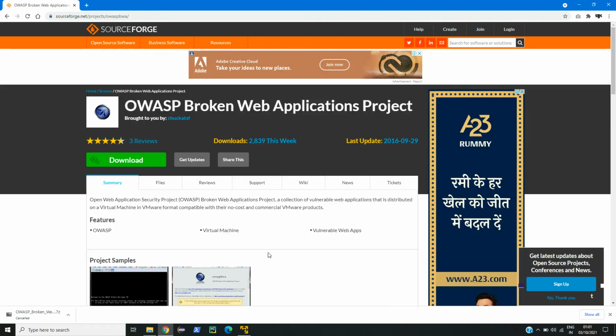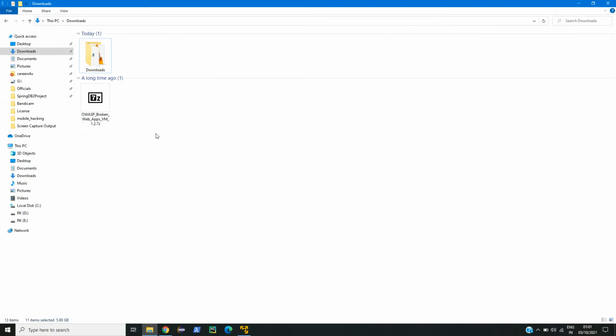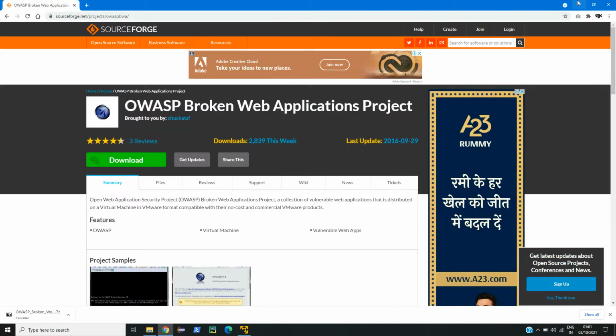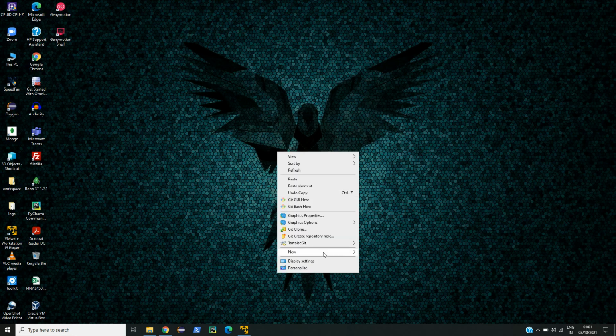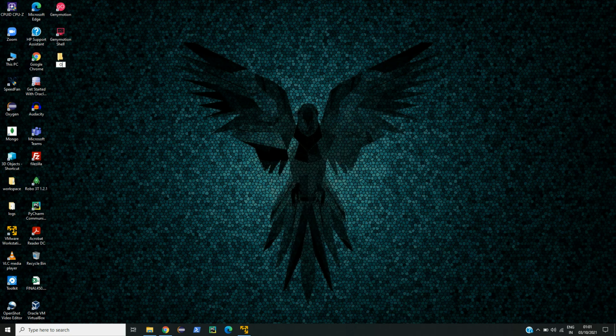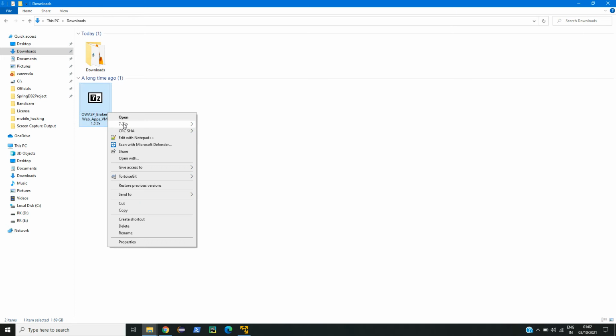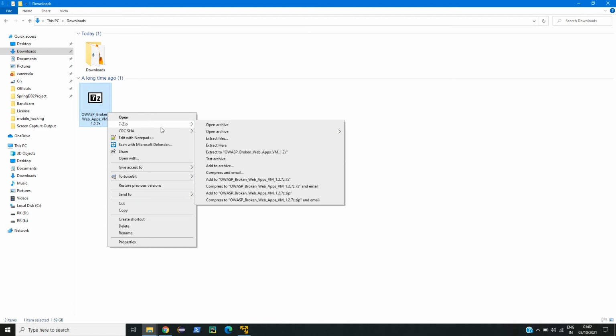And in my downloads, I have this zip file. So you can unzip this file. Let me just create a new folder on desktop. I will unzip this OWASP file in that.